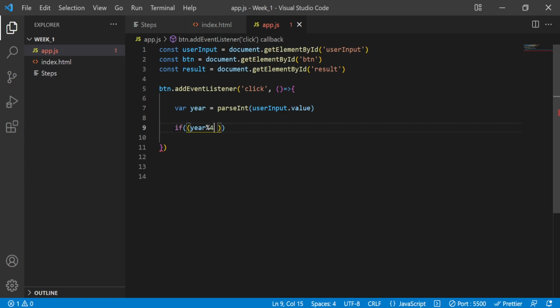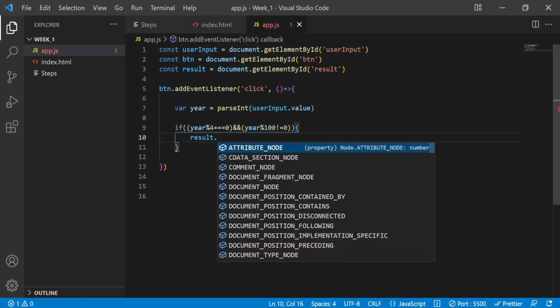And we can say, if that is evenly divisible, meaning that it's going to return a 0, and we'll open up another set of parentheses to encompass the entire equation, year modulo 100 is not equal to 0, then we can come in here and say result dot